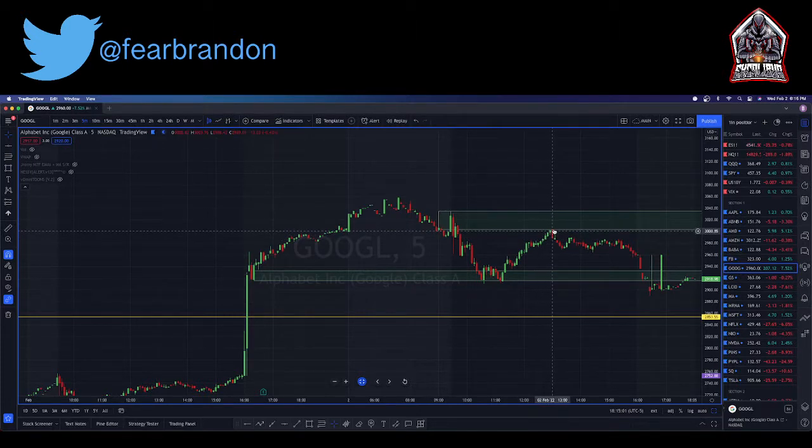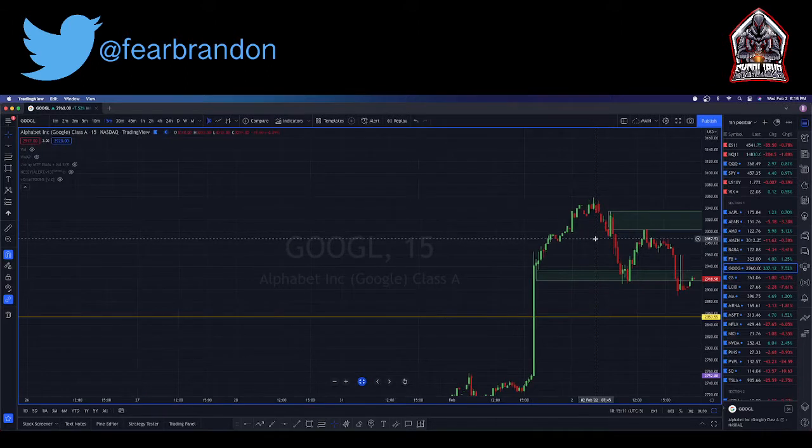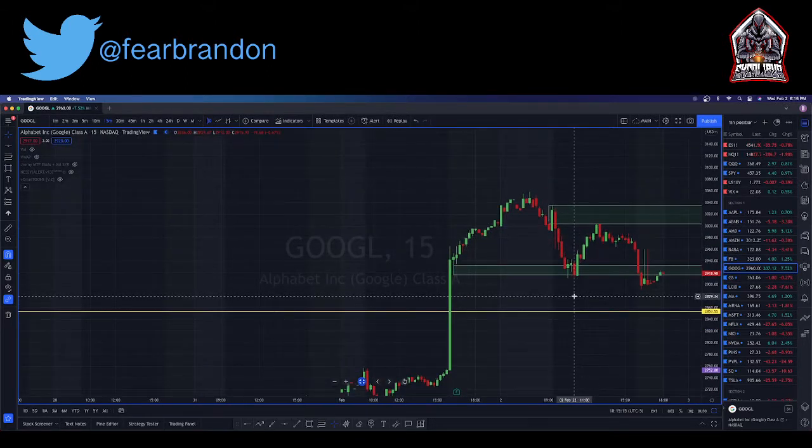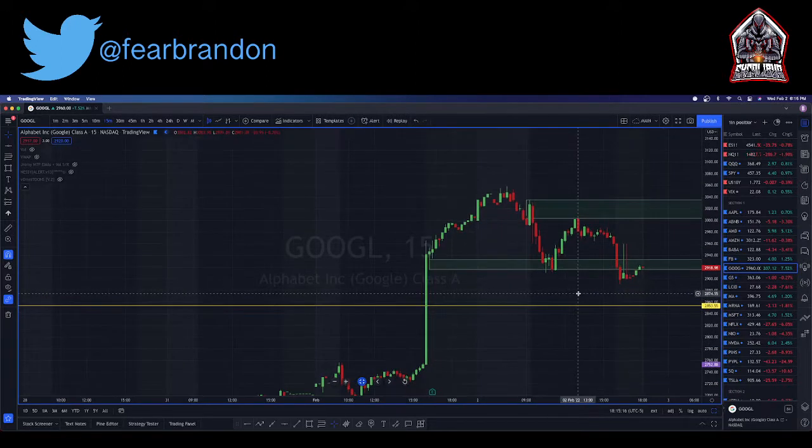Best time to short Google was right here when we came back up to this price imbalance. So when we have an initial sell-off like that, we're just expecting that if we do get back into that zone, we're going to sell off again. We'll try to find,